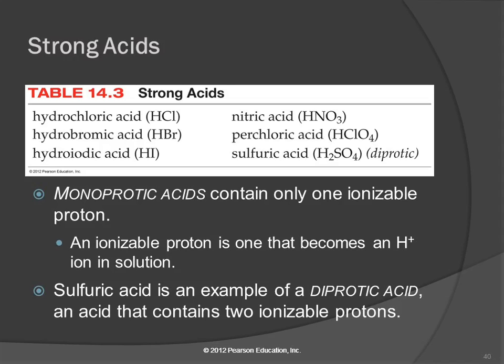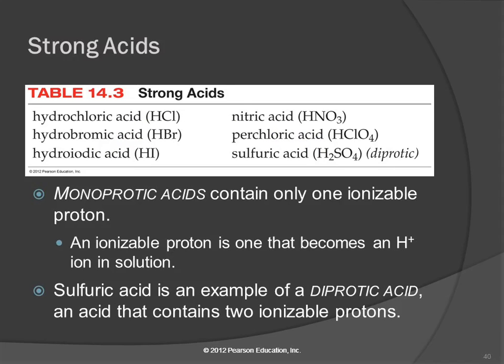And then we've got these. Okay, sorry. Nitric acid, perchloric acid, sulfuric acid. These are also strong acids. When we talk about a monoprotic acid, we mean an acid like HCl or HNO3 or HClO4 that